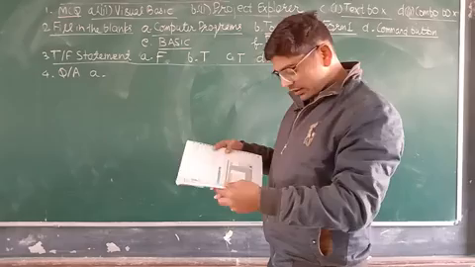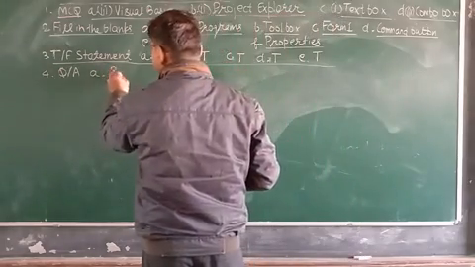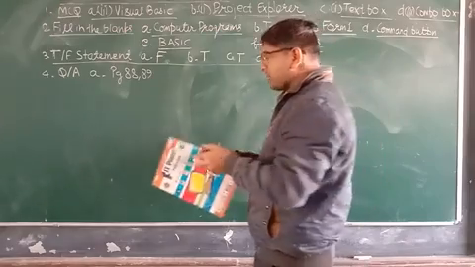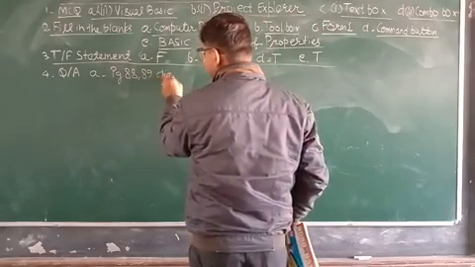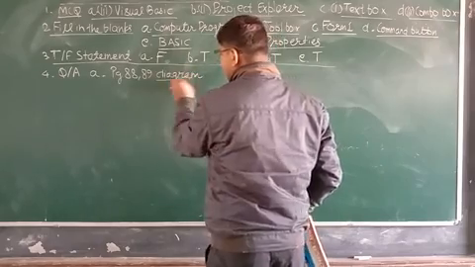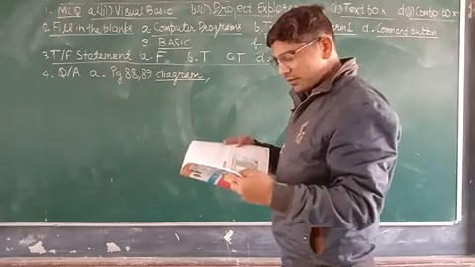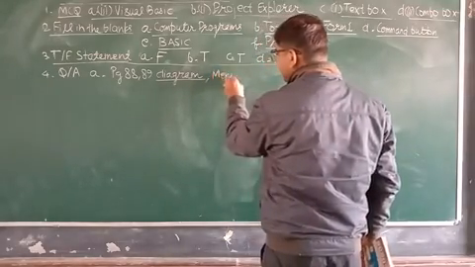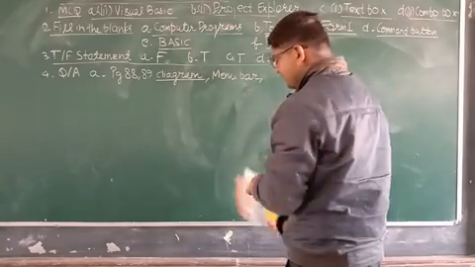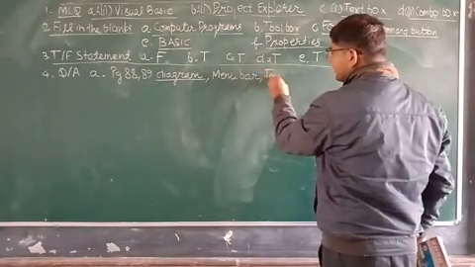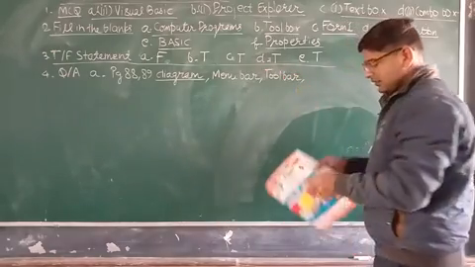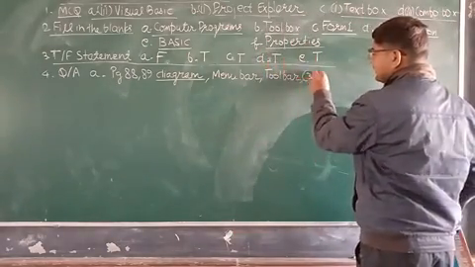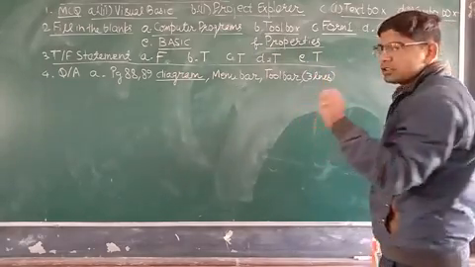So let's see, it's page number 88 and 89. What you have to write? First you have to make a diagram. Then you will write 2-3 lines from each heading. Menu bar, then toolbar, you will write only 3 lines. On the 3rd line you will get a full stop.